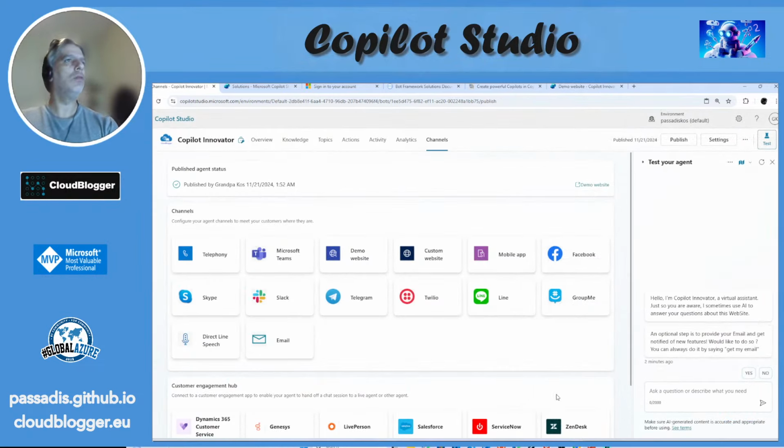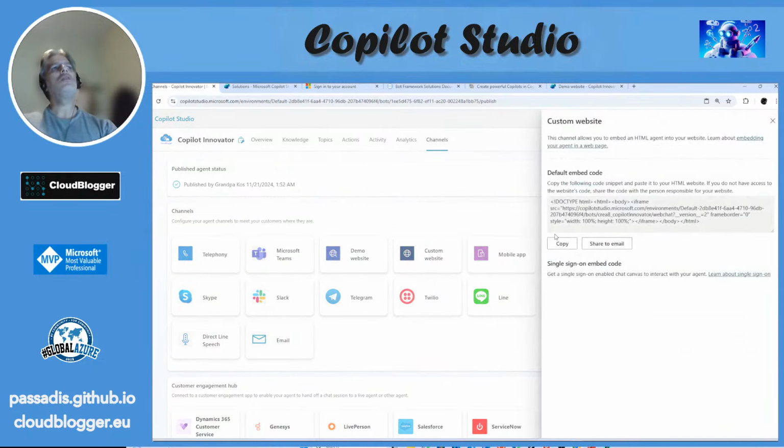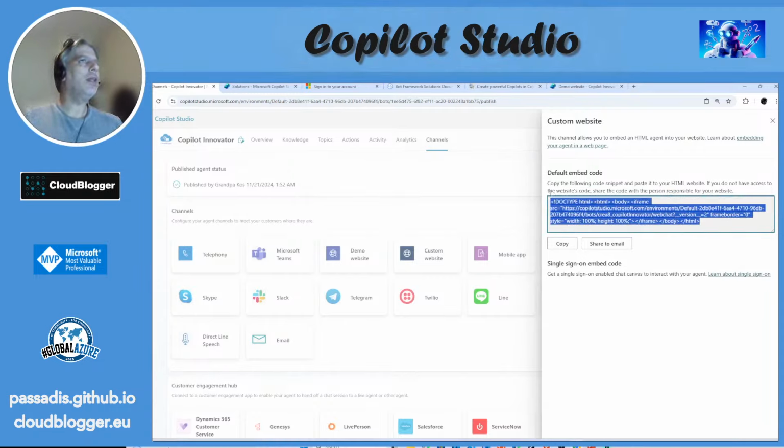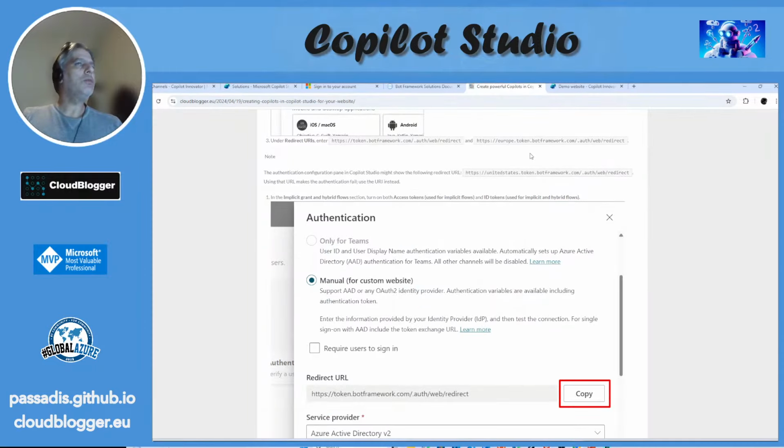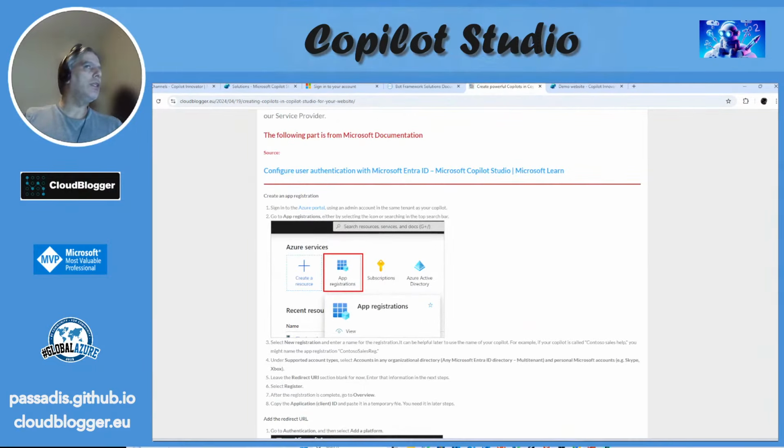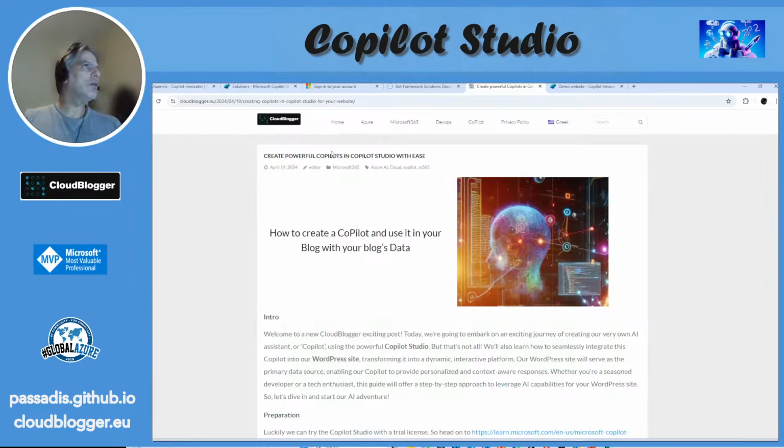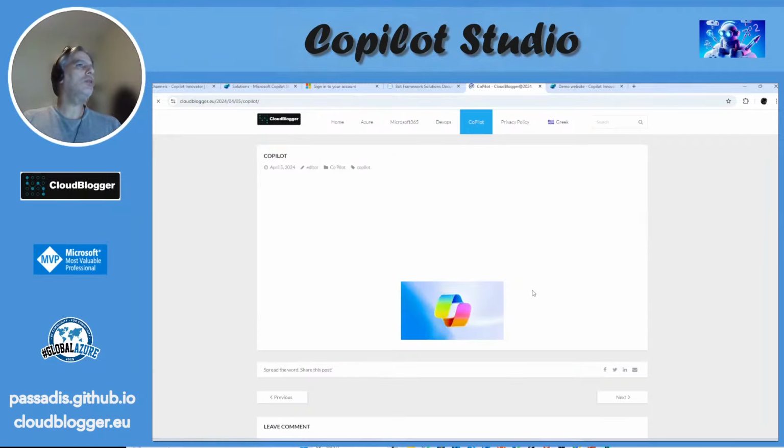So what we need to do, the easiest thing, custom website is the click, and you're just embedding. It's that easy. Only thing you need to do is to embed through this embed code. And if I go here to my website, which I have done already, apart from this blog post that explains everything that we've done today in a more detailed manner, you can click here on Copilot, and you're going to see that we are utilizing,